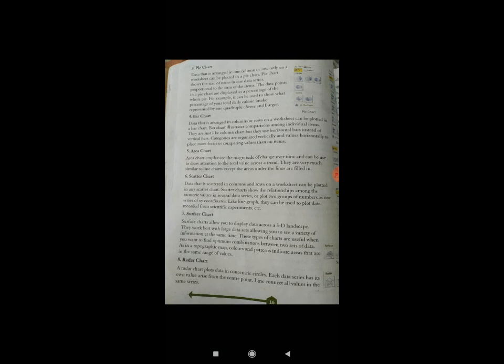Now the fourth type, that is the bar chart. A bar chart is a graph that shows horizontal bars with axis values for the bars displayed on the bottom of the graph. It is a graphical object used to represent the data in your Excel spreadsheet. You can use a bar chart when you want to compare values across categories, when the category text is long and difficult to display in a column chart, or when you want to show duration in a graph. They are just like column charts, but they use horizontal bars instead of vertical bars.